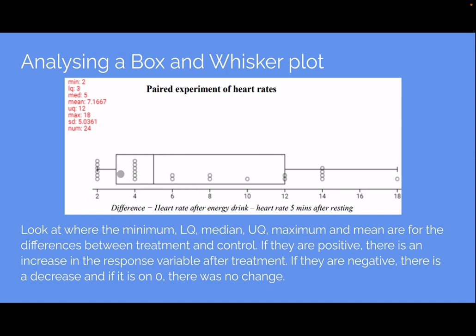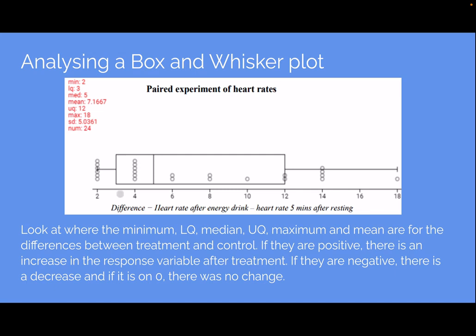Your box and whisker graph is along this scale where this scale is the differences of the treatment compared to the control. So your minimum part of your box and whisker graph, that is the lowest difference. So in this case, the smallest difference between your treatment and control was 2 beats per minute. Then you've got your lower quartile, which means quarter of your data is here, 25%. And so at least quarter of your data is higher at around 3 beats per minute, higher than